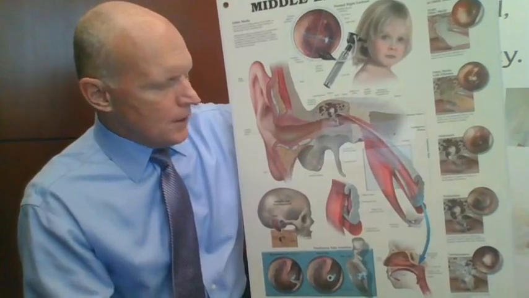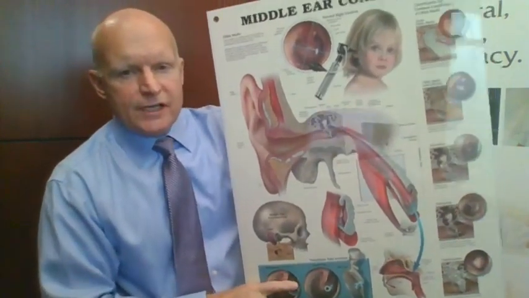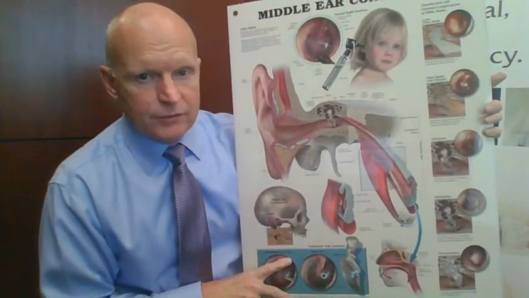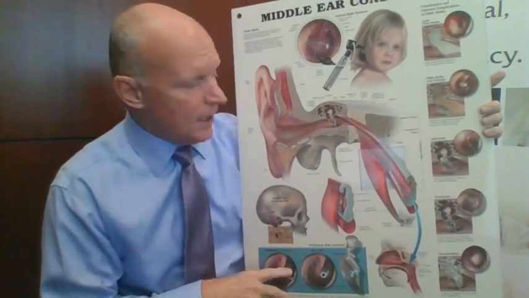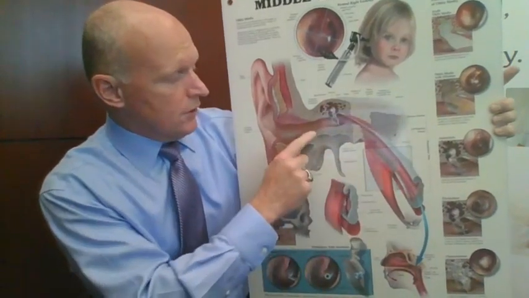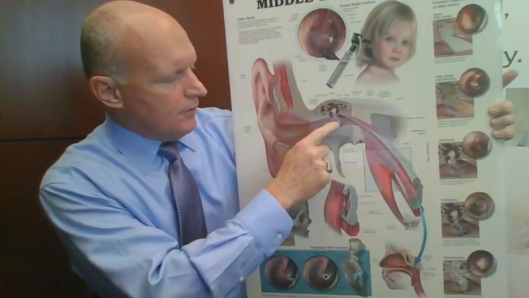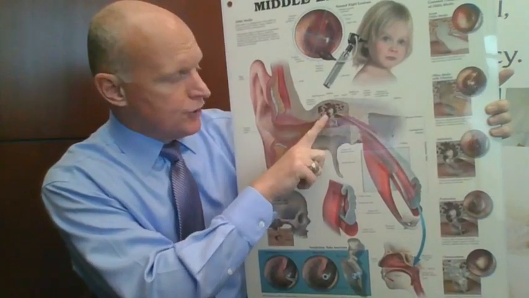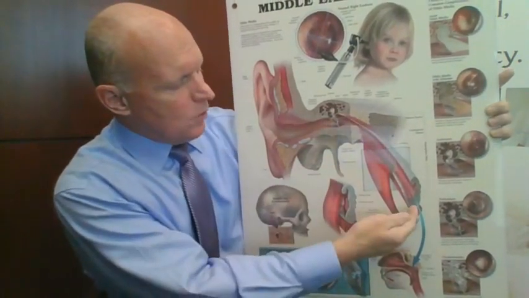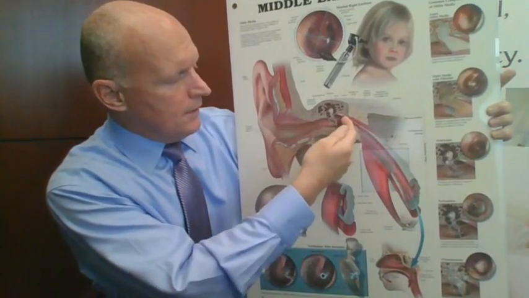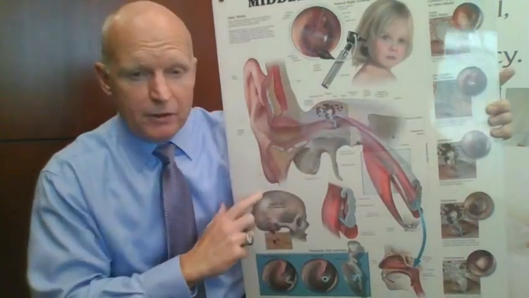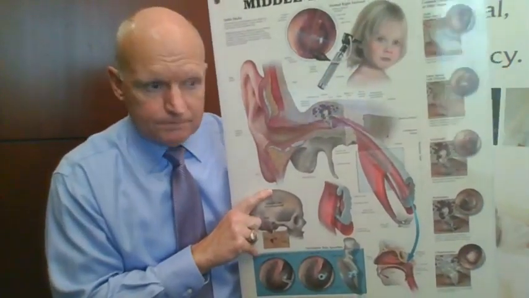So when we use the term eustachian tube dysfunction, what we're talking about is a eustachian tube that does not allow air pressure to move in and out. And so as a result, you'll get an eardrum that in most cases gets pushed in, because the most common problem with eustachian tubes is they won't let air come up. It's a little easier for it to go out than it is to come up. And you probably experienced that in an airplane.